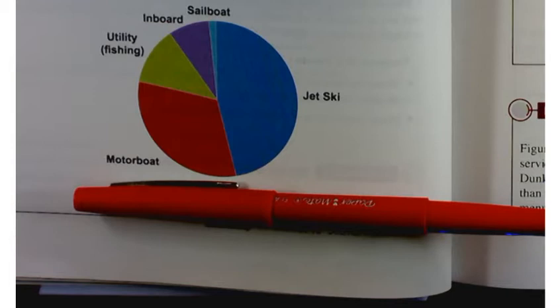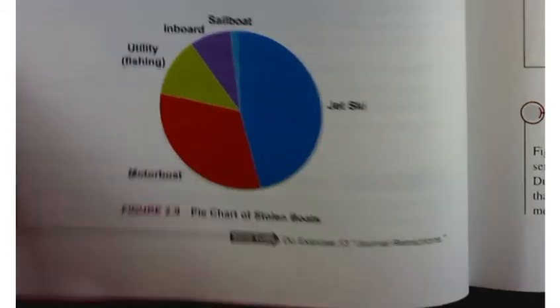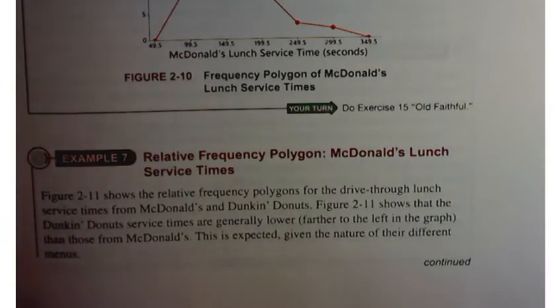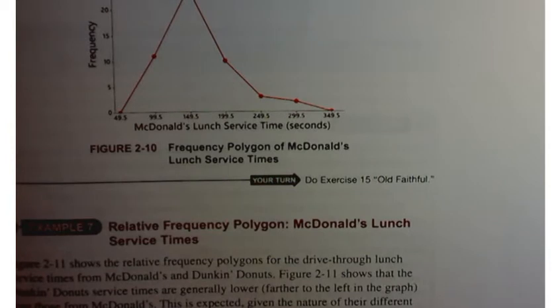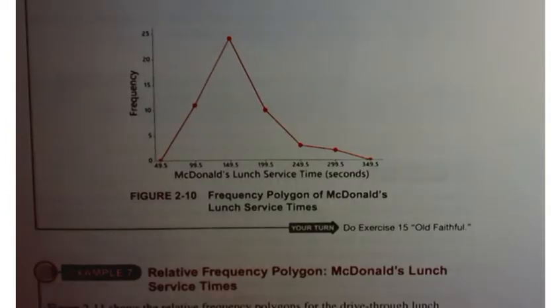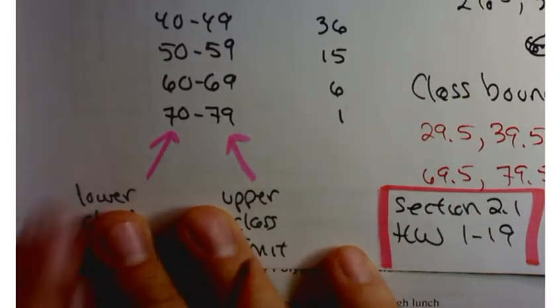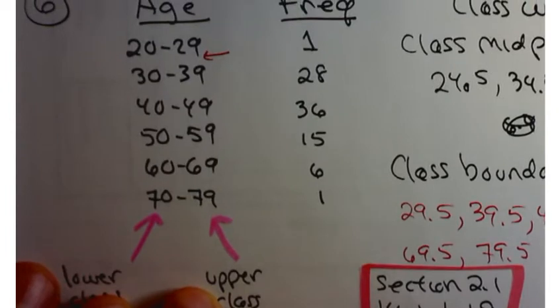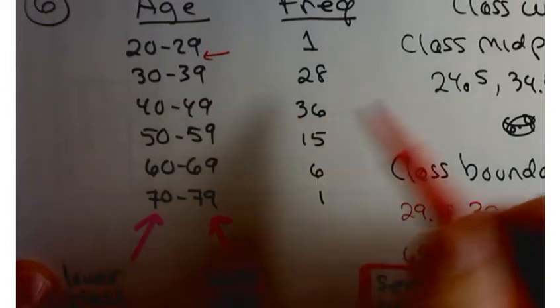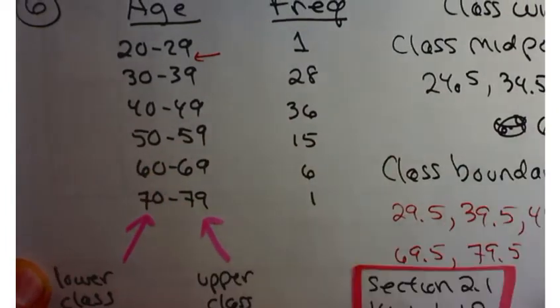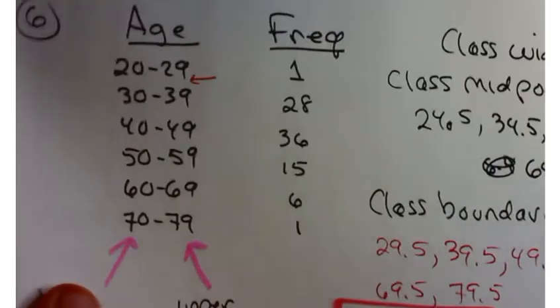So that's one thing. You can do a pie chart. You can do a frequency polygon. So in our previous sections, we started dealing with frequency distributions and frequency histograms. Well, going back to one of our data sets, problem number 6 from section 2.1, with all these class midpoints. So the class midpoints can be used along with a frequency histogram,